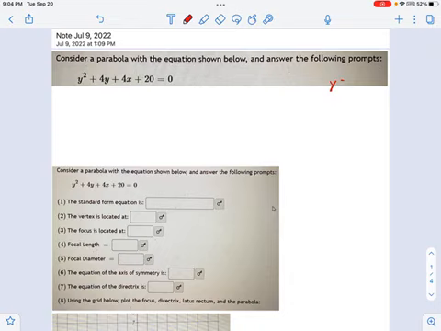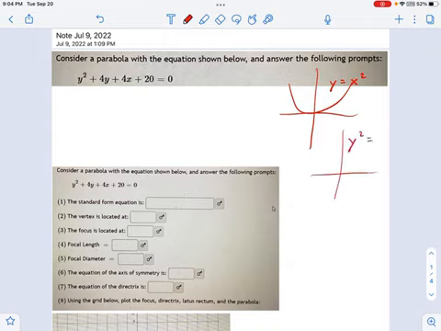Okay, is it vertical or is it horizontal? Now here's what vertical parabolas look like. You should recognize y equals x squared. That's an old school thing we've been talking about for years. That's a parabola that opens up. And if you had a different equation, like y squared equals x, that's a parabola that opens sideways. So we're going to take those two ideas, and notice this is a y squared. So that tells me right now I am dealing with a horizontal parabola of some kind. It's a little more complicated than the one I have on the right.